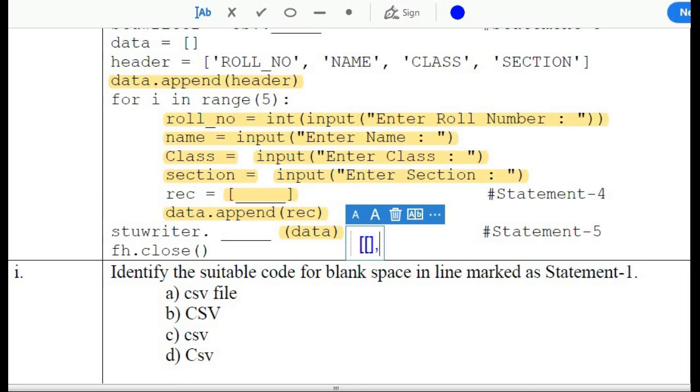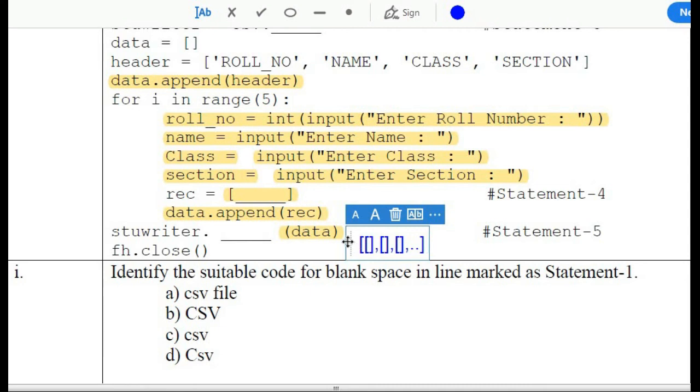So the first record, then in the next iteration, second record, and so on. That means data is a list of records or list of rows implemented using nested list. Data is a list and the elements are also in the form of a list. Clear? Header is a list and this rec is also a list. So this list data contains more than one rows.